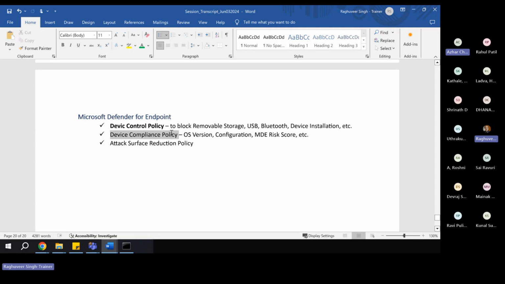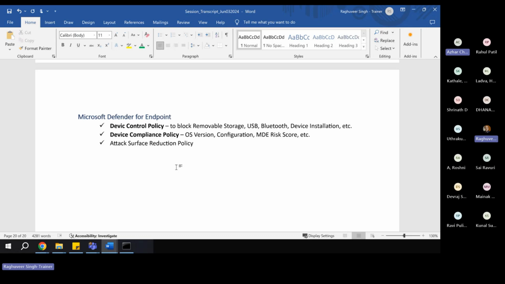So this is what we have configured, and we'll see the result of this policy tomorrow. Obviously, the policy will only return the results when your endpoints are up and running. If your endpoints are shut down, it will not return any result because it will not be able to reach that endpoint to identify whether the required configurations are enabled, whether the endpoint is running with minimum or maximum